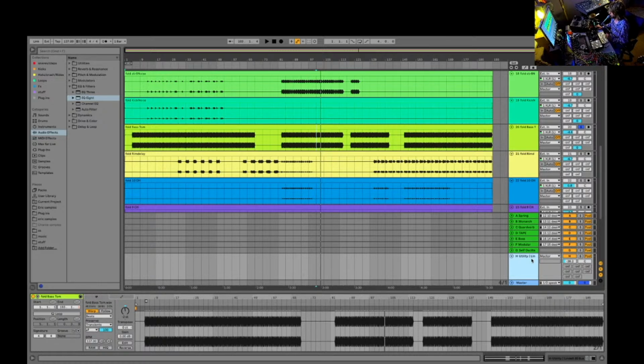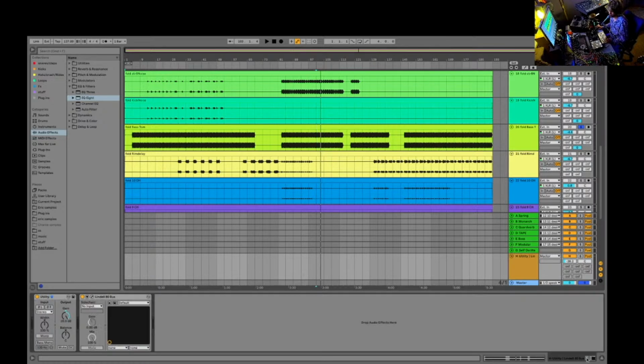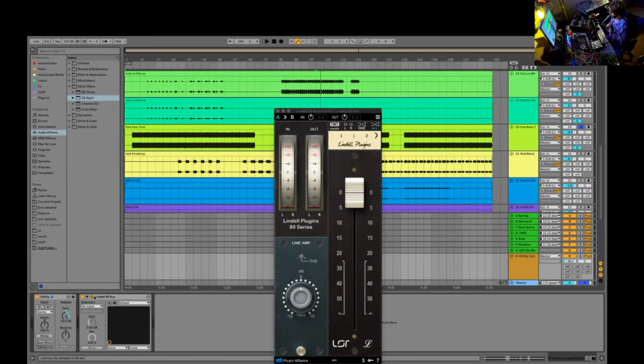So one little trick you can do is what I did here, and this is a good example of how to use a plugin completely wrong. I've got this thing called the Lindell 80s bus, which is obviously a summing output that you can put onto the master. And what I like to do with this is actually use it as kind of a desk distortion simulator. So what I've done is I've sent your kick to here,